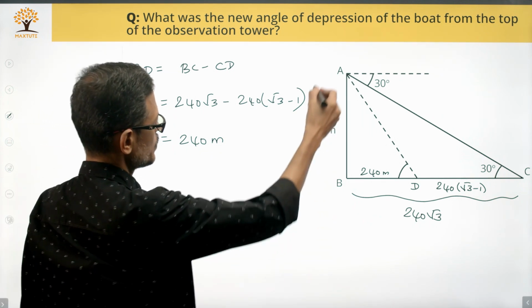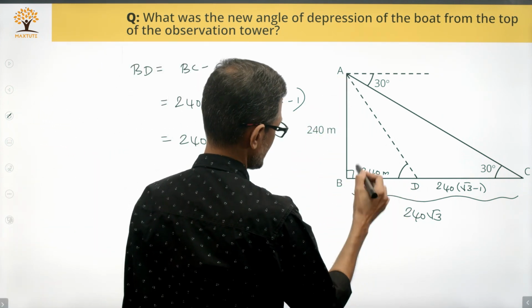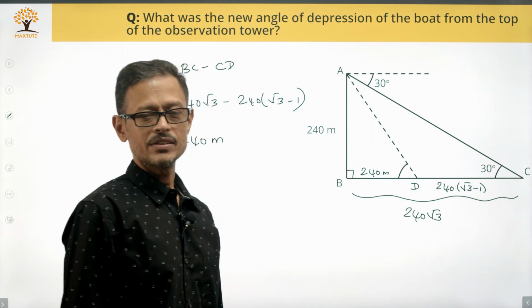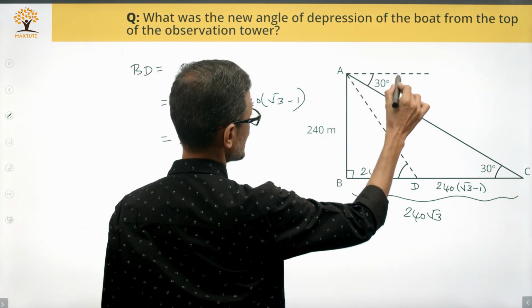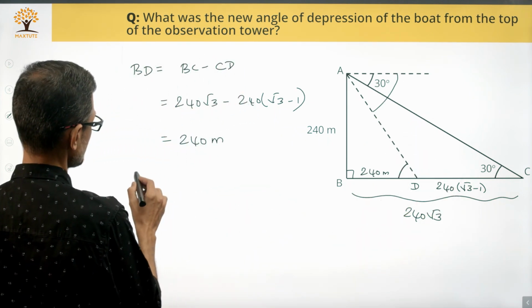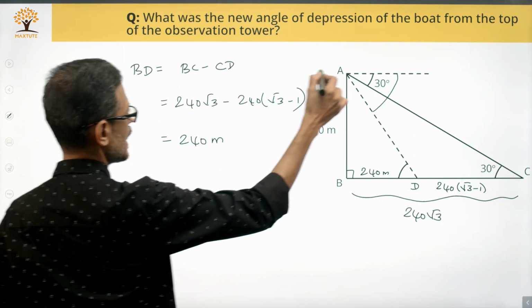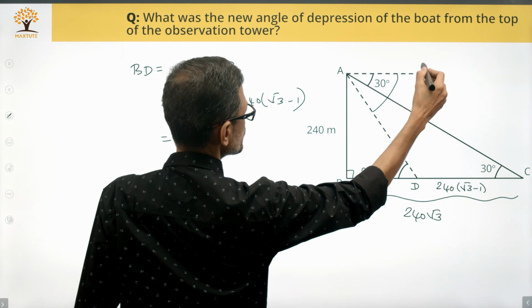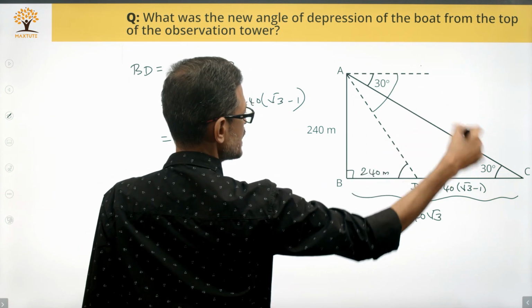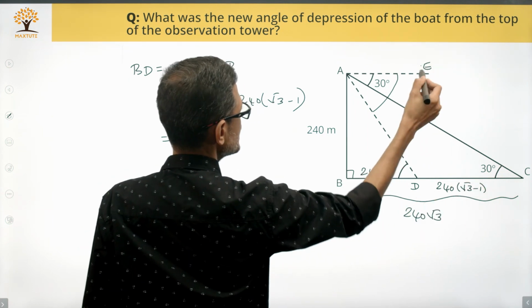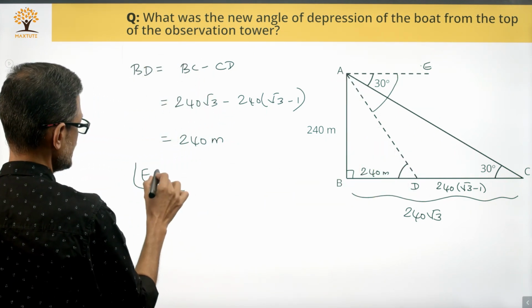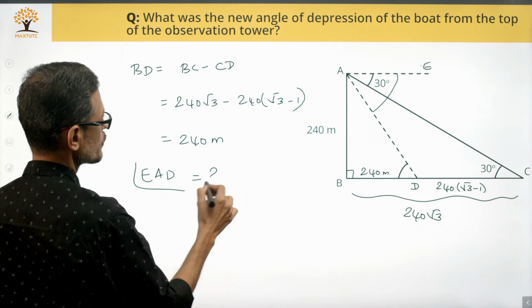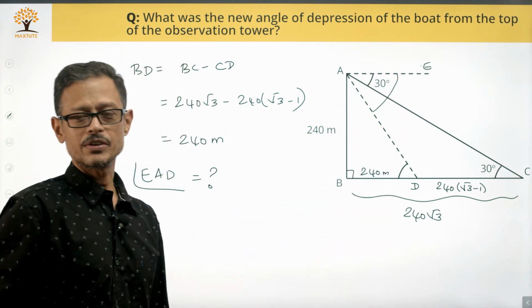Now we know AB, we know BD, this is a right triangle. So we can obviously find out the measure of angle ADB. Is that what we are interested in? No, we are interested in finding out the angle of depression. Let's say we take the points A, B, C, D, E. We are interested in angle EAD. Angle EAD is what we are trying to find out, which is your angle of depression when the boat is